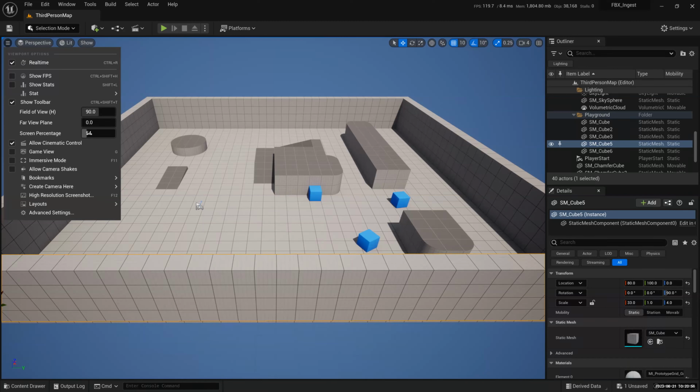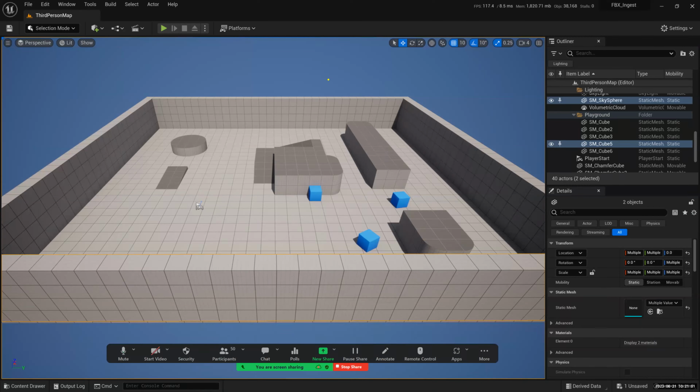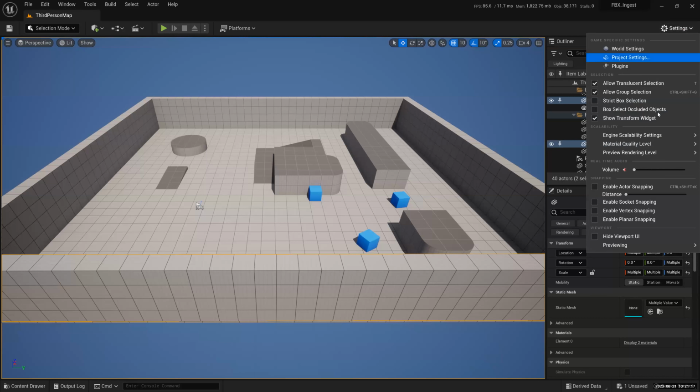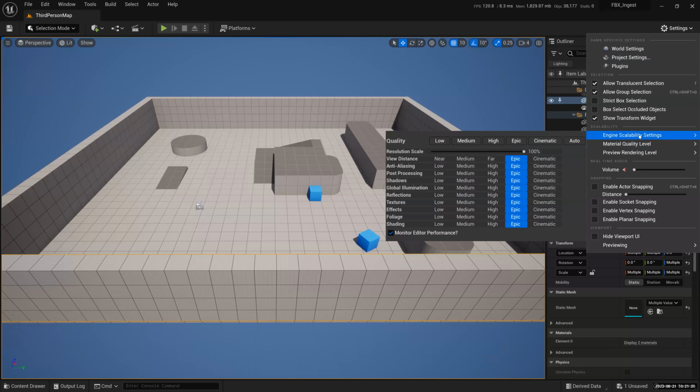The other thing that you can do to make things go faster is on the top right corner, there, that's a settings button. If you go to settings and select engine scalability settings, Unreal Engine will do it automatically for you. It detects your hardware and tells you, okay, I think you need to go for Epic.